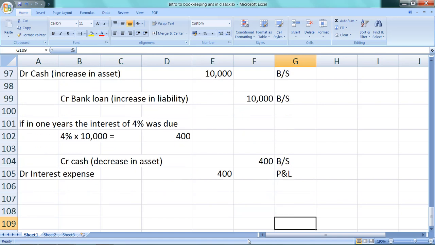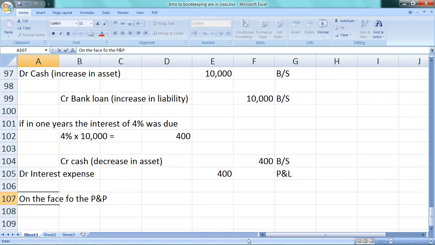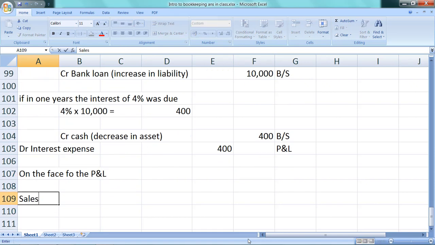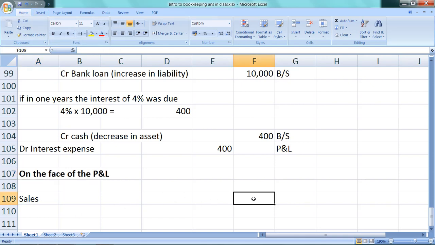Right, I want to give you another little example because we were chatting about the idea of cost of goods sold before. The face of the profit and loss account starts off with sales, and we'll have an amount for whatever the sales are. Then we need to work out what our cost of sales are going to be. So we've got a sales figure of however much. From that, we will then deduct cost of sales.